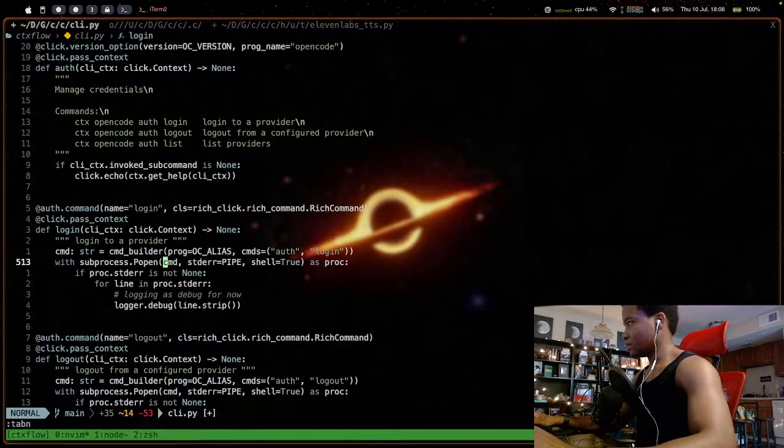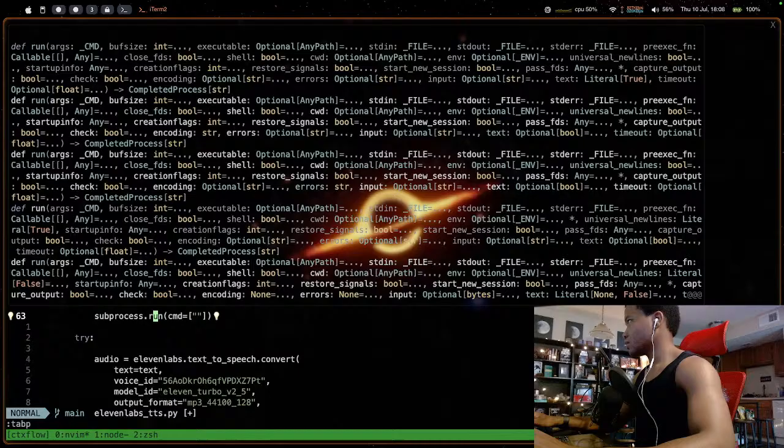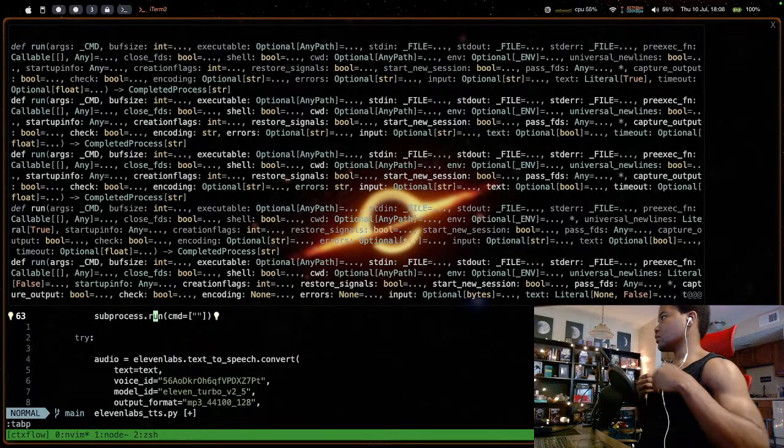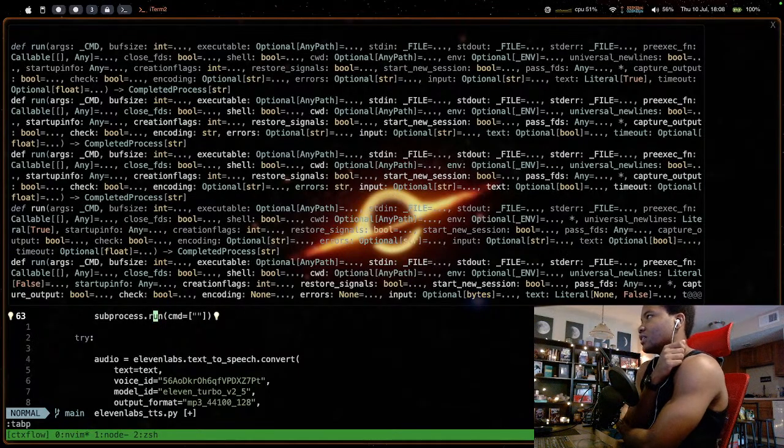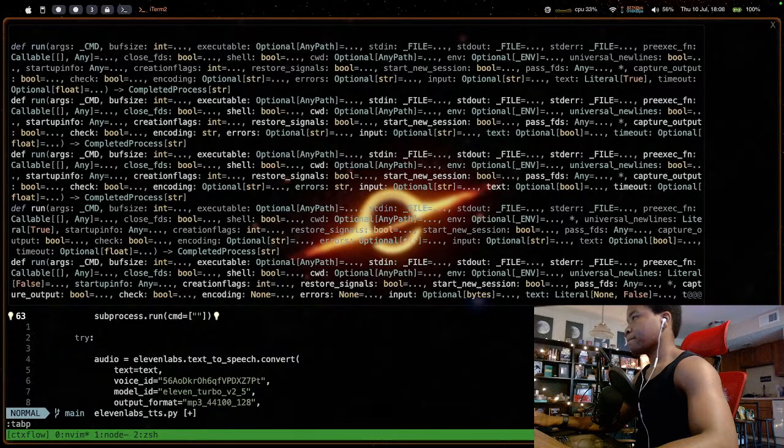So it might just be just a string. And let me check. Is that just a string? Literally doesn't say executable. I'm not even gonna try and look at that.